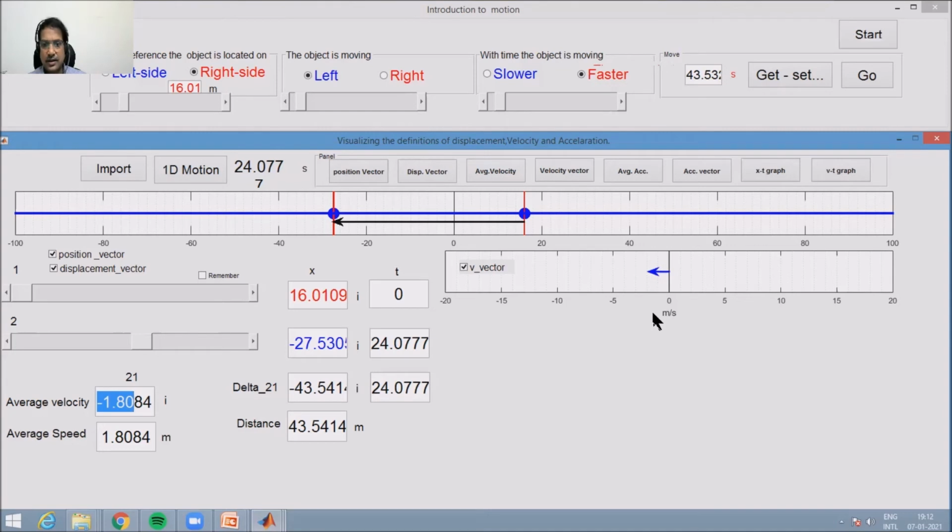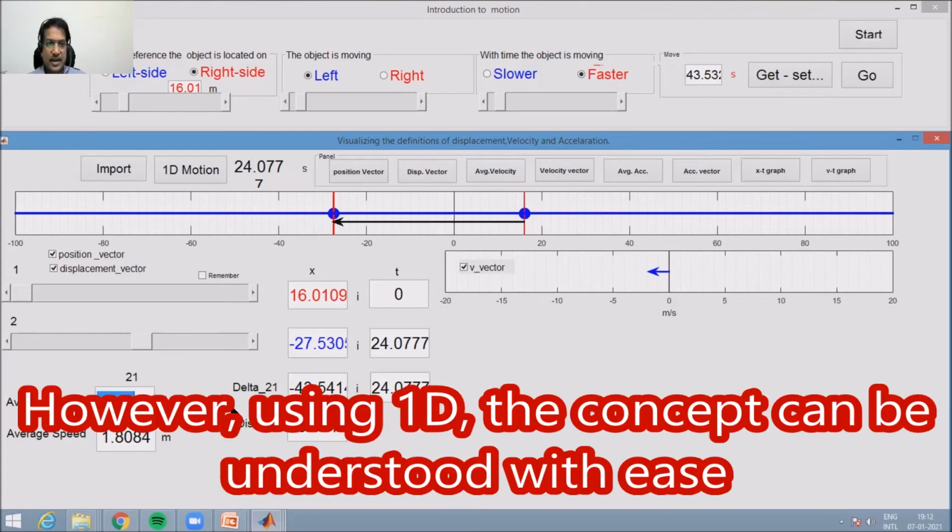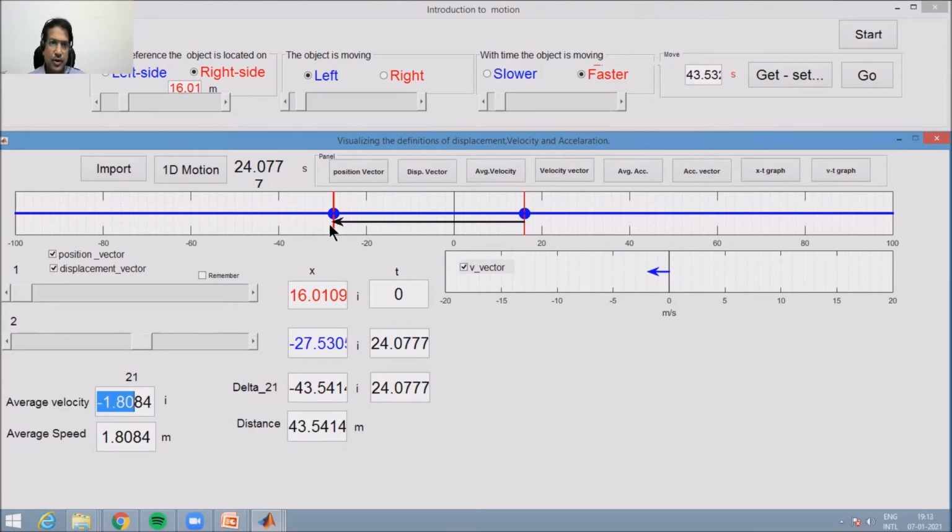In textbooks, it is not shown explicitly because there are only two directions, right or left. And we have two numbers, plus and minus, to indicate them. Hence, in books, we do not find an explicit mention. So we can see the displacement is pointing towards the left and average velocity is also pointing towards the left. Let us look at another instance of time, minus 2.58. The length of the arrow has increased.